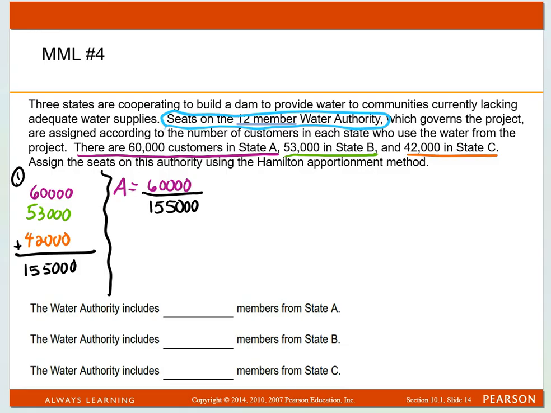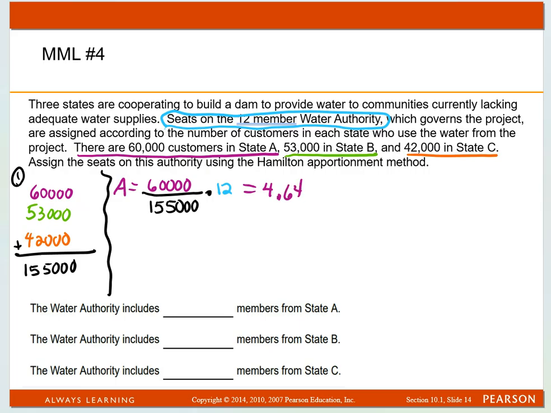But what I'm going to do is go ahead and multiply that times the 12-member board. I'll do all this on my calculator. I'll take the 60,000 divided by 155,000. My calculator is going to say 0 point something or other. That would be the percentage. And then we want to know what percent of the 12. So we multiply that times 12. And then I usually take it out to the hundredths place. I see it's